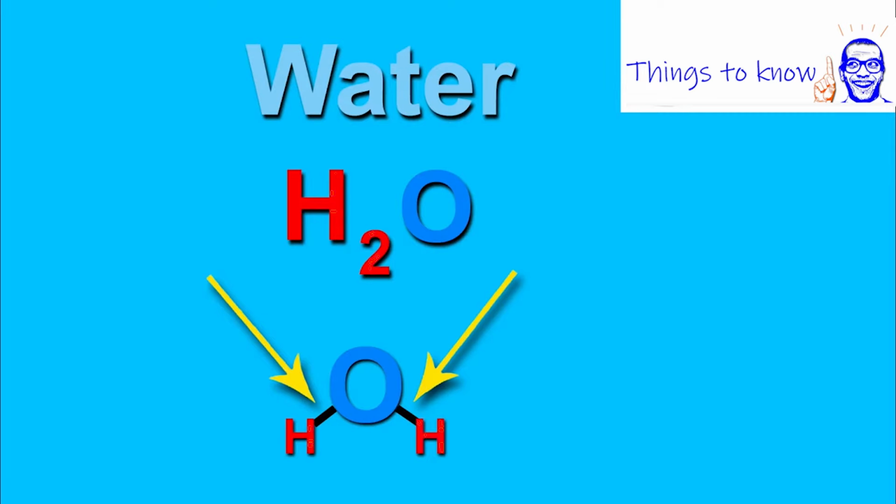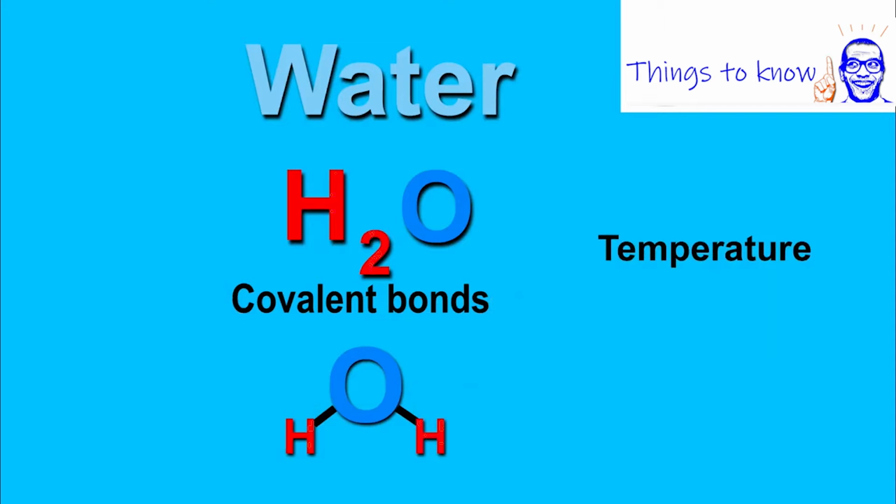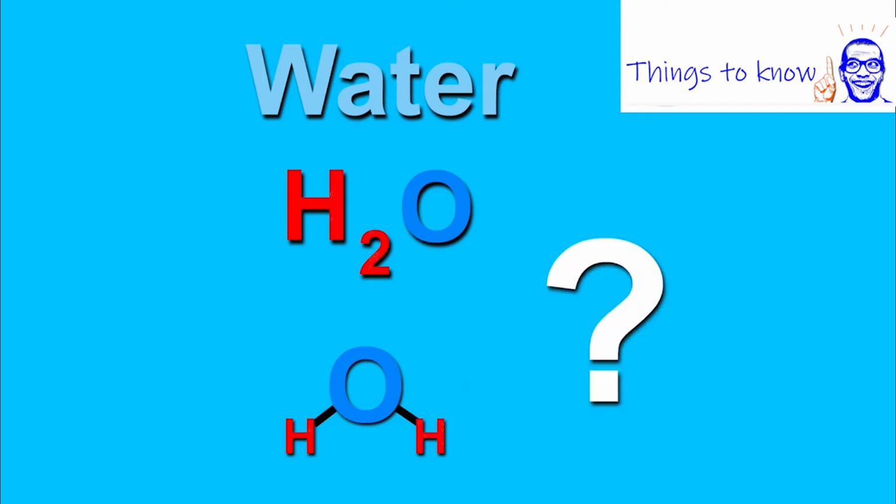These bonds are known as covalent bonds. These keep the strong structure of the water molecule. And without them, the water molecule just wouldn't exist. It's these bonds that are not affected by boiling temperatures. But if temperatures have an effect on whether water boils or not, then what effect does it actually have in